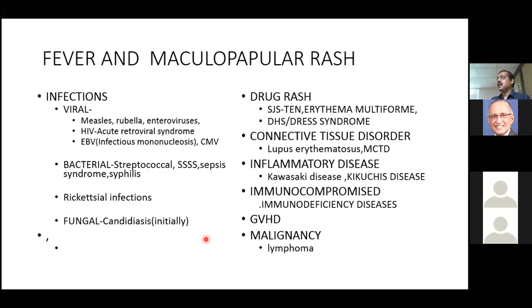Sepsis syndrome can present as a diffuse maculopapular rash. It could be a simple urosepsis. You have not done a urine routine examination, you see the maculopapular rash, just say it could possibly be measles and send the patient away. Finally, the patient comes back with urosepsis related symptoms. So always make it a point, whenever you see a patient with a maculopapular rash, as part of routine investigations, to also send a urine routine examination, especially in females.